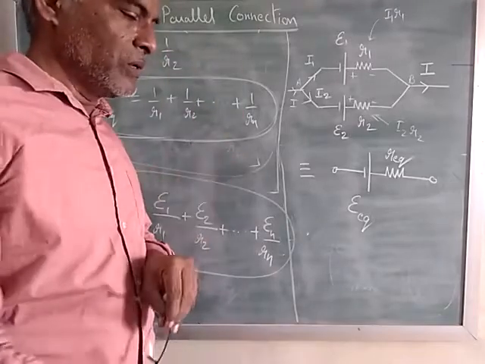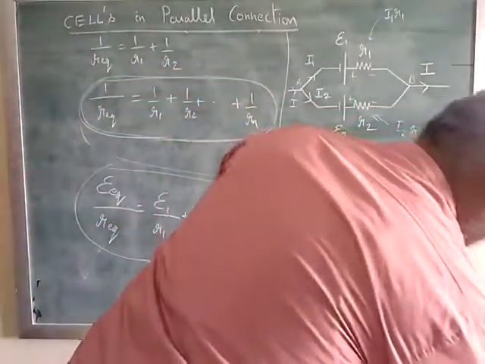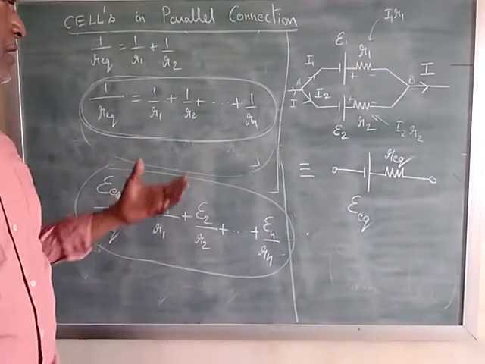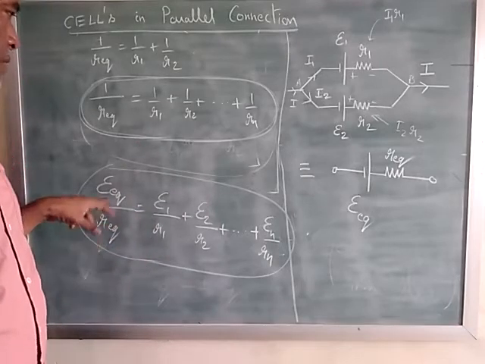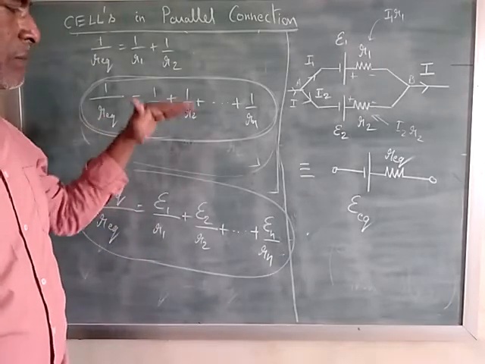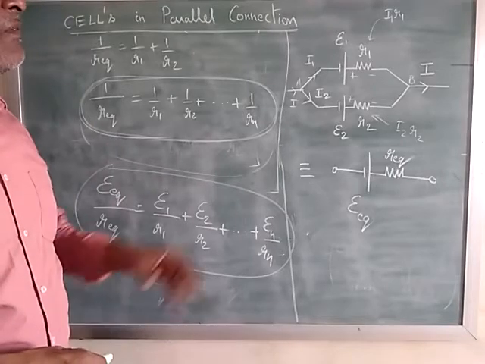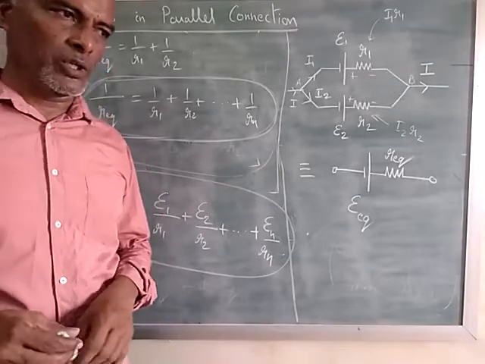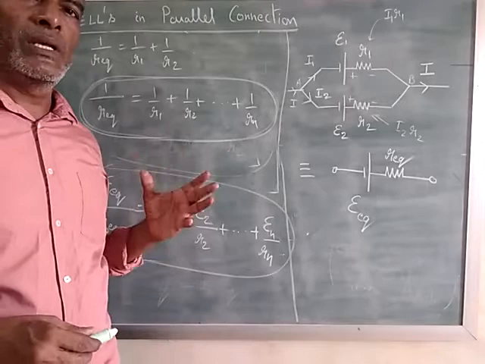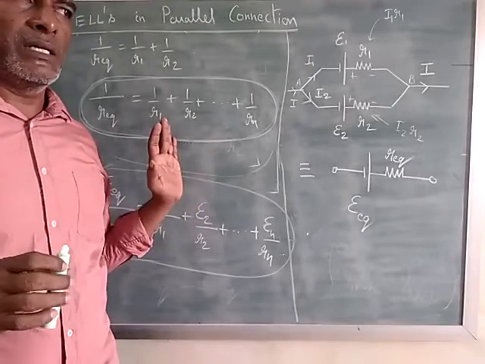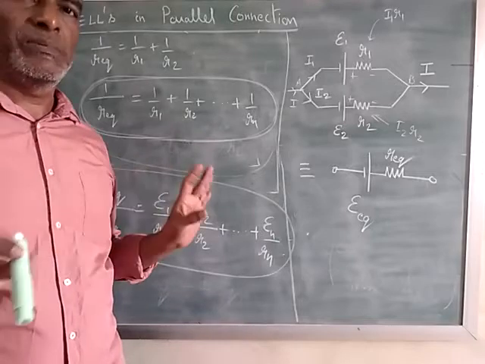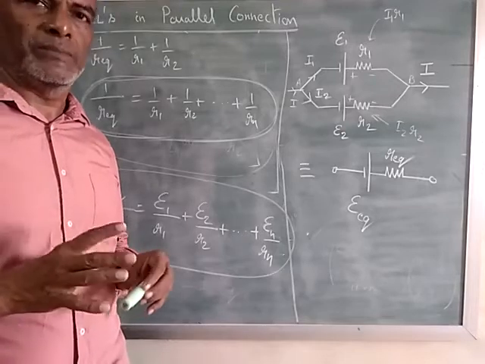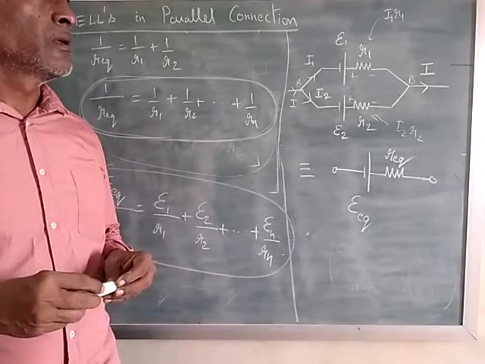Okay, that's all about the derivation when cells are connected in parallel. So we have arrived at the general result for E equivalent and R equivalent. You have to remember this formula. And we have made use of Kirchhoff's current law. Hope you have understood this topic. Go through the content slowly. The explanation, each and every point has been explained clearly. You watch this content for 2 or 3 times, then only you will understand the derivation.